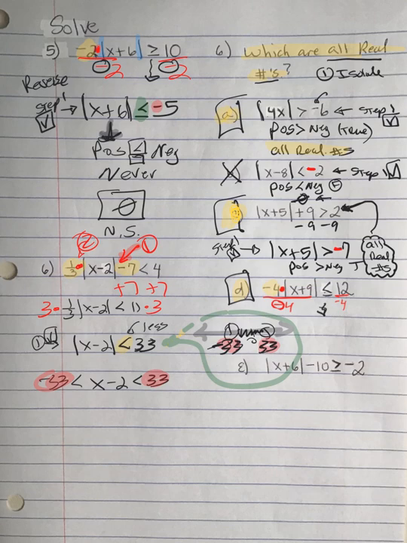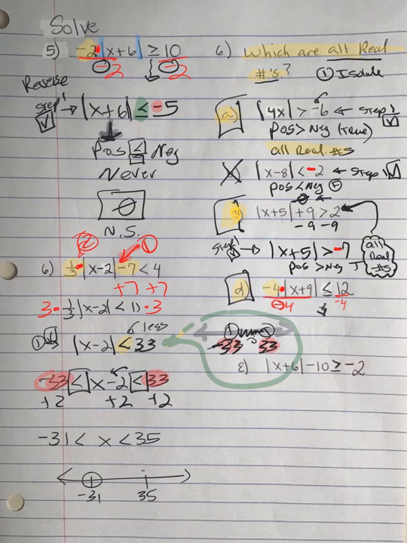And then we have to undo subtracting 2 by adding 2. Don't forget you have to do it to both ends because why? Because we're solving 2 inequalities simultaneously. So isn't that negative 31 is less than x is less than 35? And if we wanted to, we could graph it, and we want all the numbers that are between 35 and negative 31. So that's your